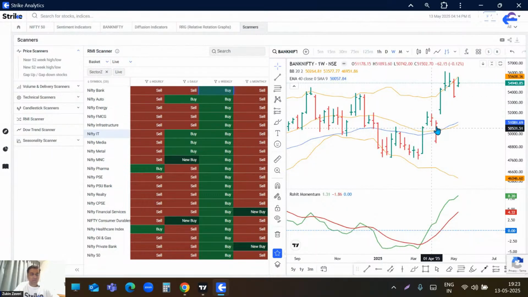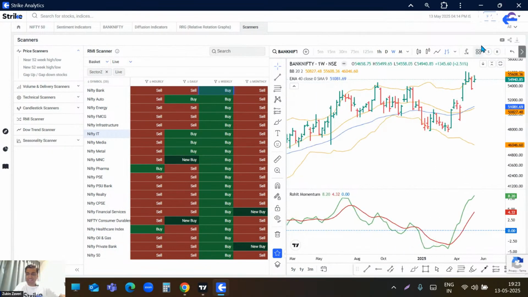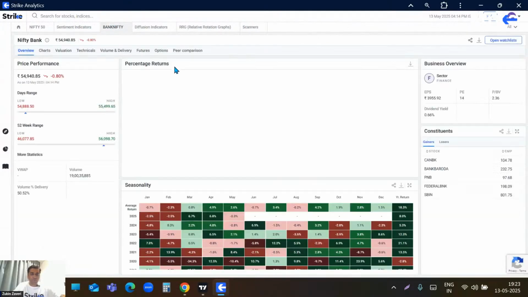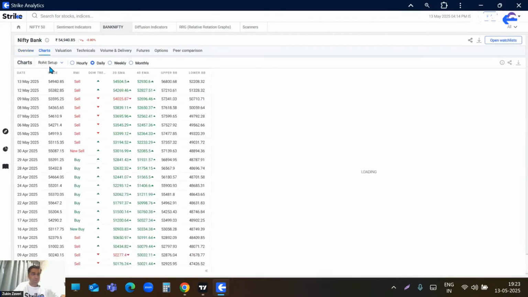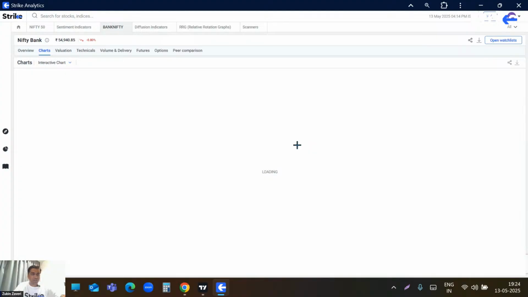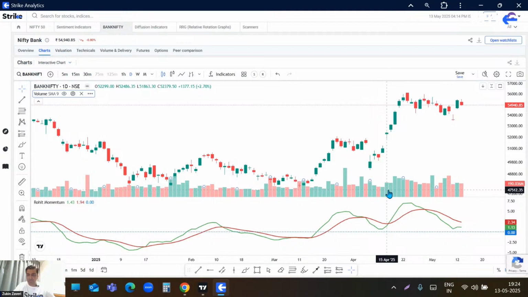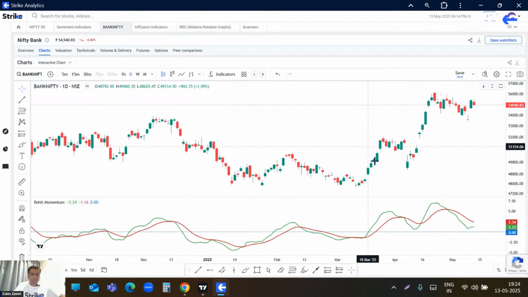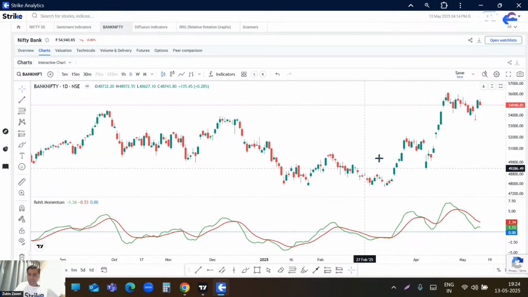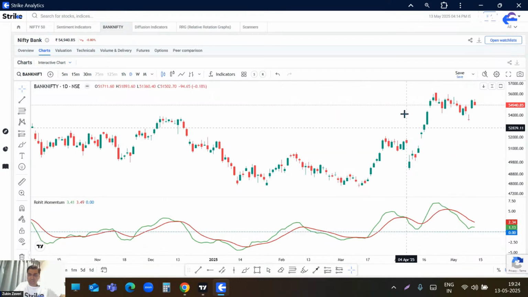So let's also, in the meanwhile, analyze the Bank Nifty chart. I have Bank Nifty opened up over here. I'll open up the interactive chart. In the interactive chart, you can load the RMI. So what do we have on the daily time frame chart? Now see, this looks like